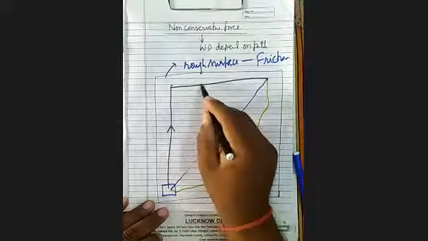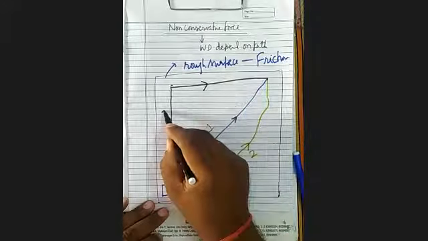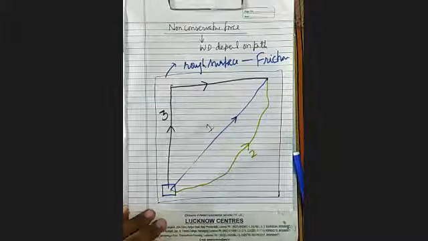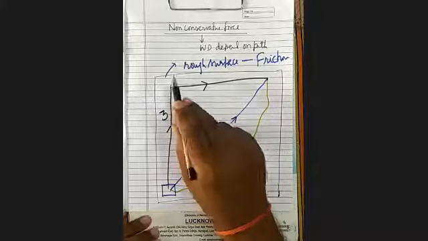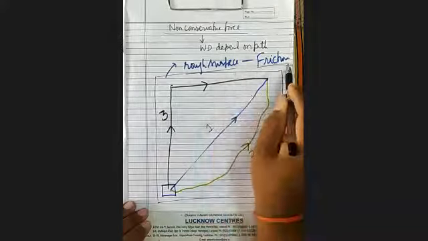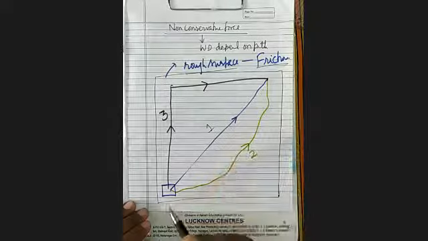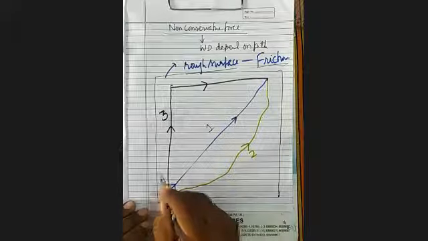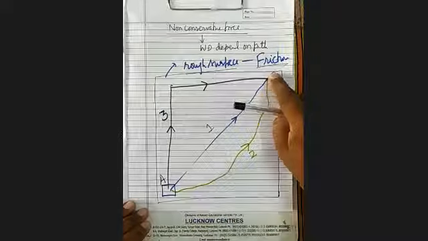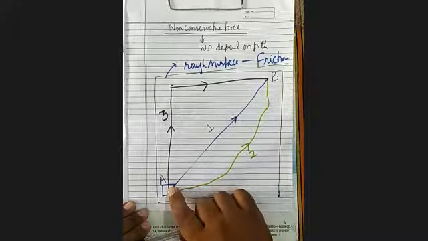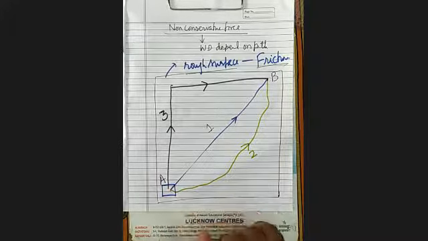In which case will there be more work, or will there be the same work in all the three? Whether there will be the same work or a different amount of work. You can see here, it is a rough surface, which means there will be friction. So whether you carry the body from A to B, or from B to A, in every case work will be done against friction.